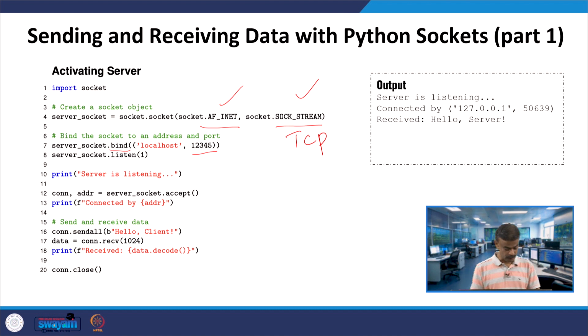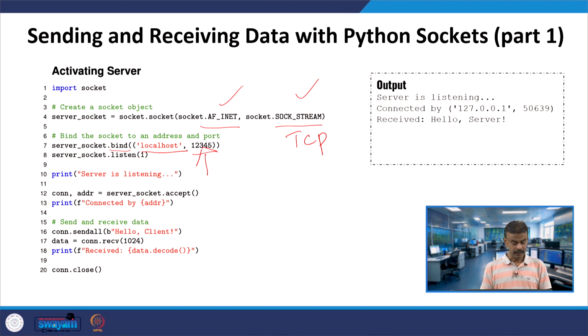And 12345 is a number, the port number, on which the server will accept connections.